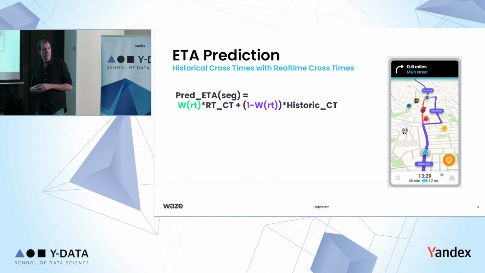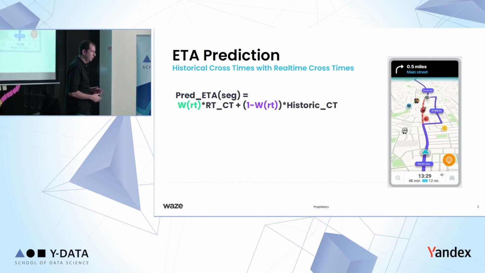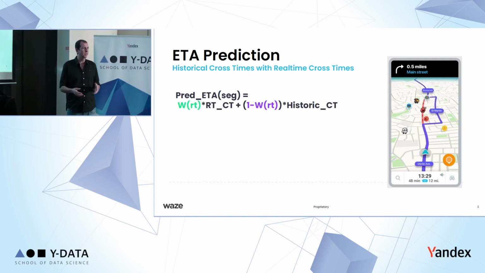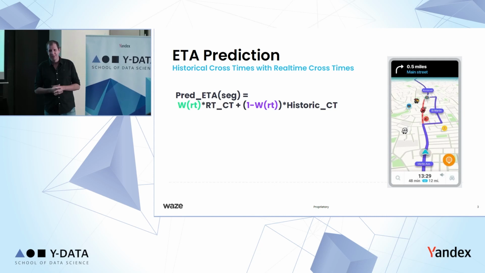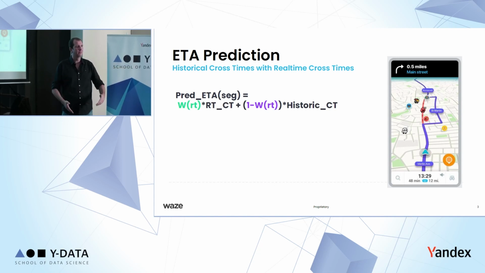Now, since I know it's pretty late at night and you all have had a few beers, let's talk about something very light: the ETA prediction algorithm at Waze. So you drive with Waze, you choose a destination, suppose you drive from Tel Aviv to Haifa, and we need to predict how much time it would take you to get from Tel Aviv to Haifa right now. How do you think that algorithm works? And let's assume that you haven't drunk beers on the way.